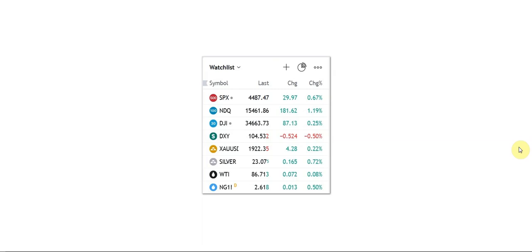To start, let's just take a look at the overview of the general market. The S&P up today 29.97 points. The NASDAQ up 181.62, and the Dow Jones Industrial is up 87.13. Now, what does that tell us? Well, we've got the big stocks up